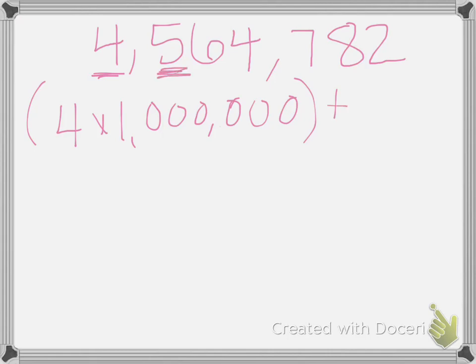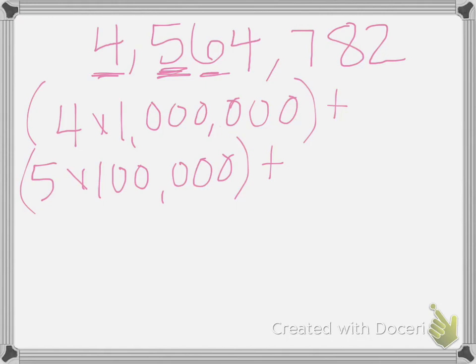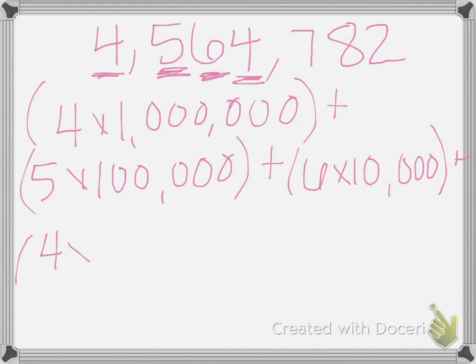Then we move on to the 5. That's in the 100,000 spot, so we have 500,000. So it would be 5 times 100,000. Put your parentheses. Move on to the 6, which is in the 10,000s, which means we have 6 10,000s. So 6 times 10,000. Move on to the 4, which is in the thousands place. So we have 4 thousands, or 4 times 1,000,